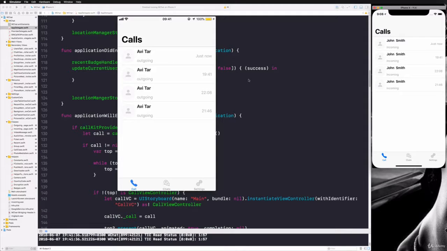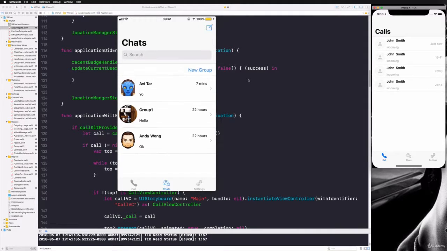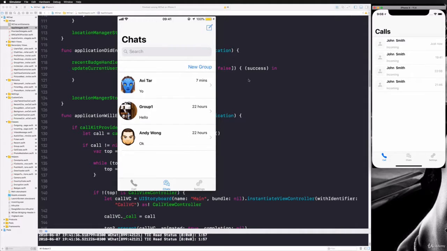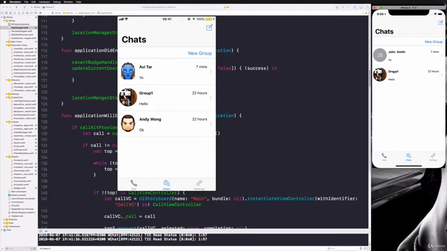Alright, so then if we move to our chats tab here, we have all our recent chats here. Again, we have the search bar up there. We can start a new chat by clicking on the icon here, or we can start a group chat. So as you can see, I have three chats right now going on. And if I open my chat here,